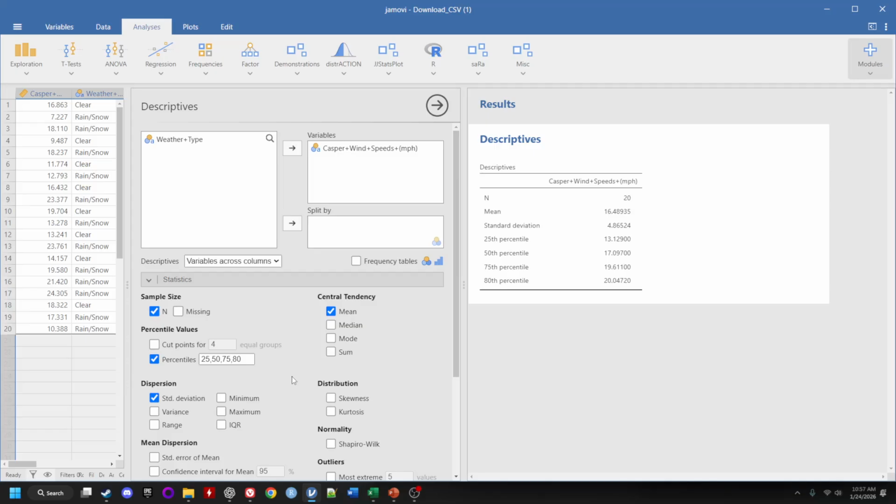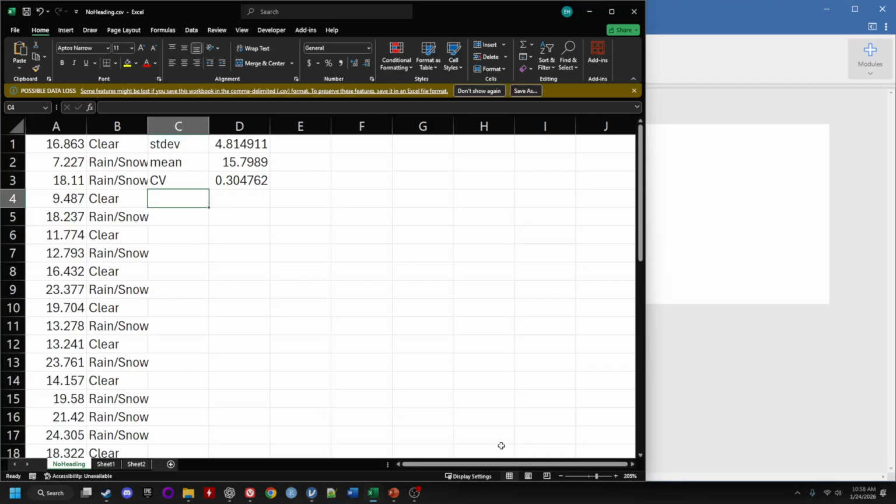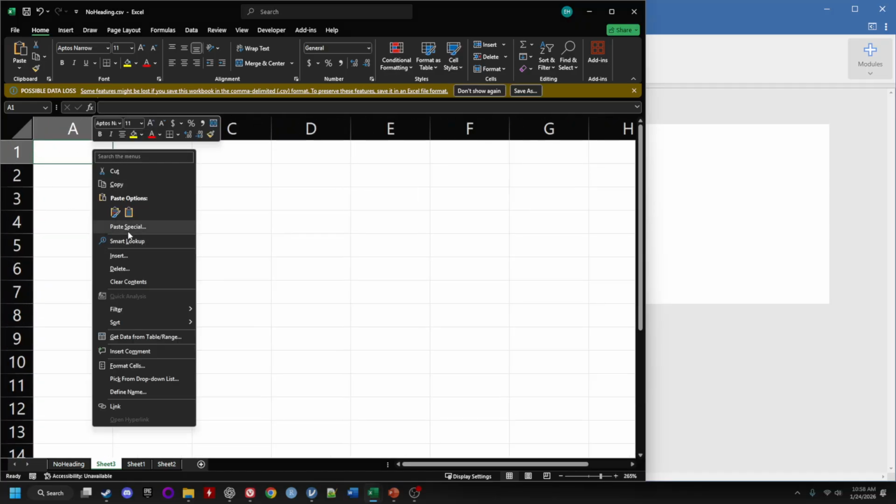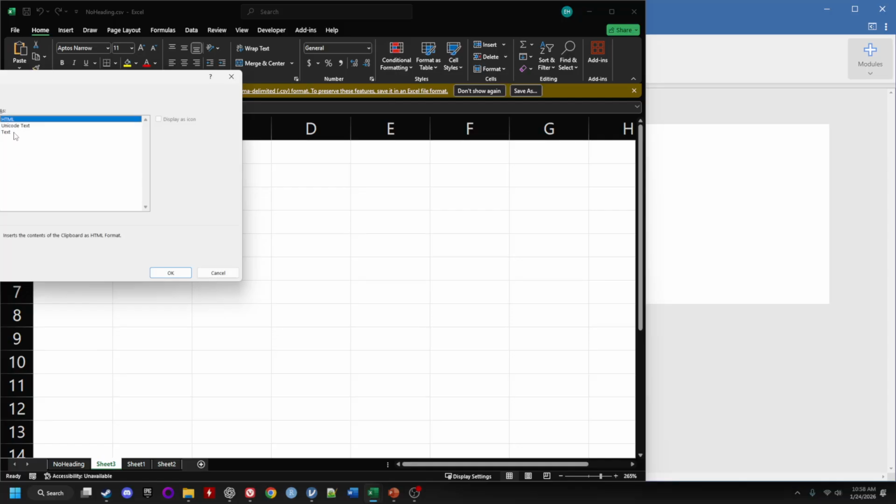Most of the time on the homework that you're doing, these calculations are close enough that it will be counted as the right answer. However, there are some other methodologies that we can approach, and I want to show you how you can get the right answers that the book may be looking for. So instead, I'm going to copy this data and open up a fresh sheet inside of Excel, and I'll paste these down as text,